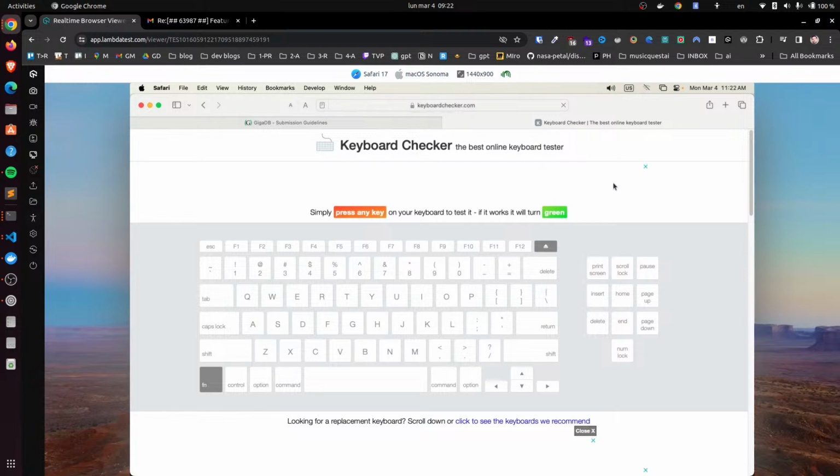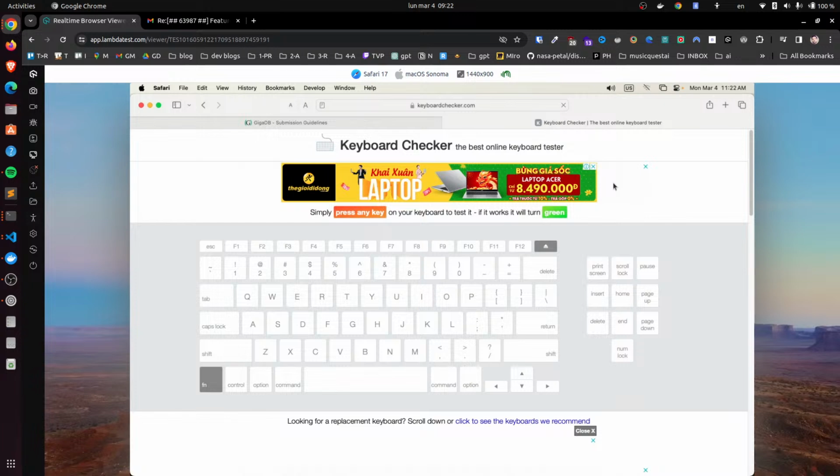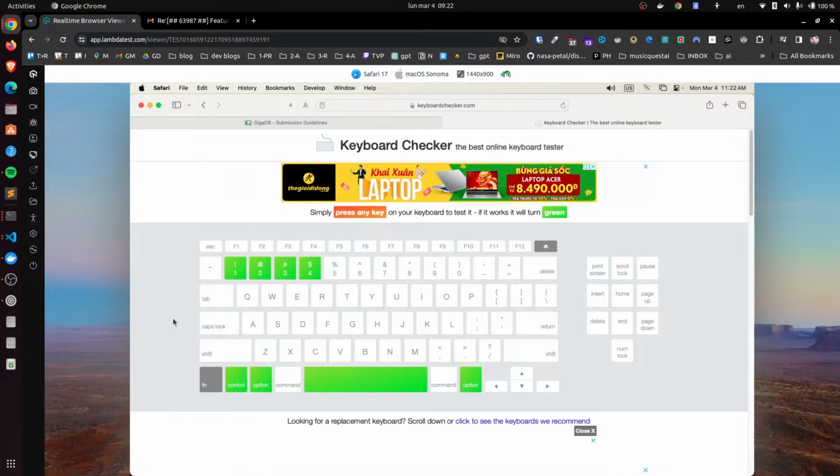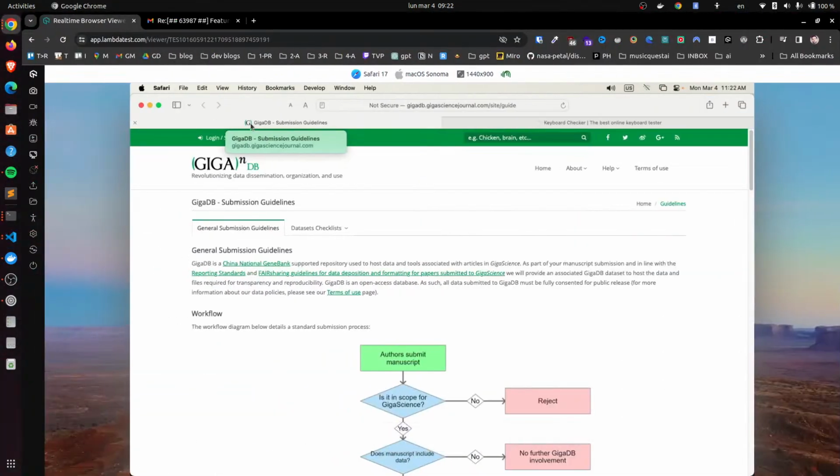Here, simply press any key. Go to test. This is control, okay. Ah, I see. This is the option. I cannot press command. Okay, so this is control. I see. Now I go here. It's actually, yeah, that was the